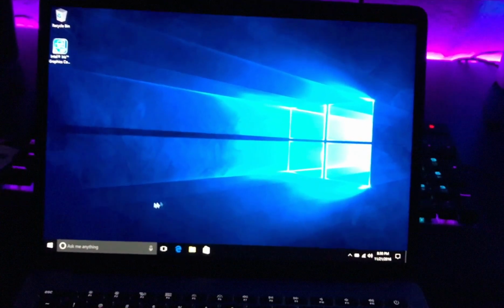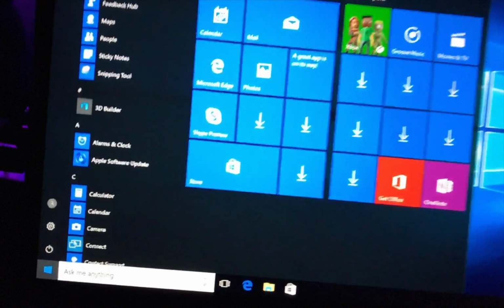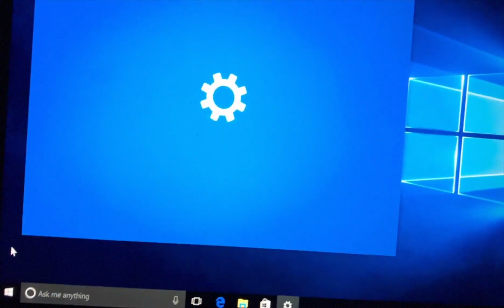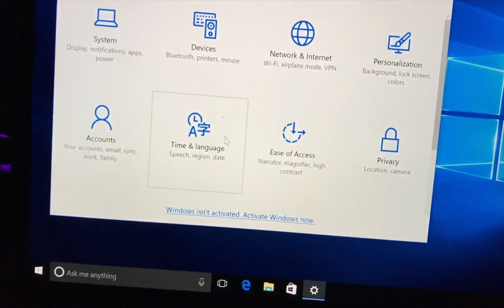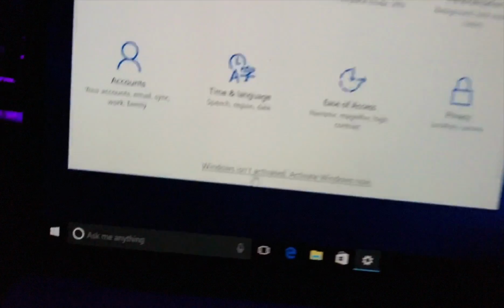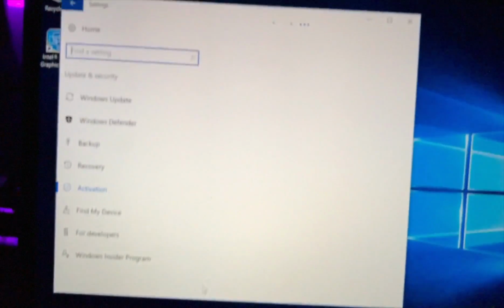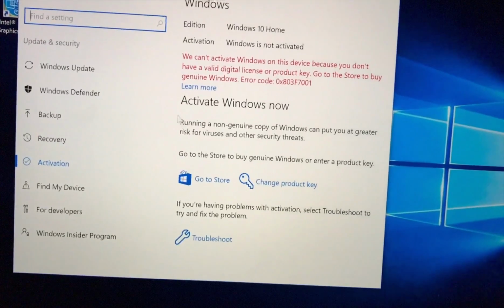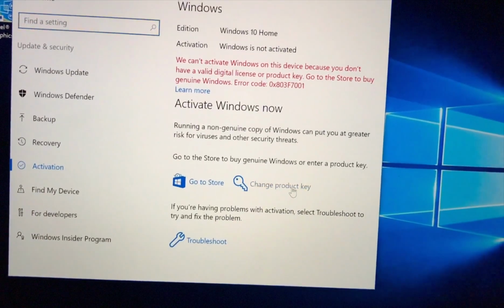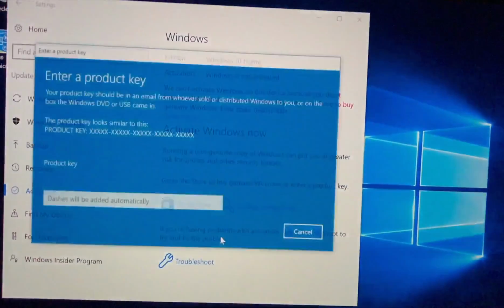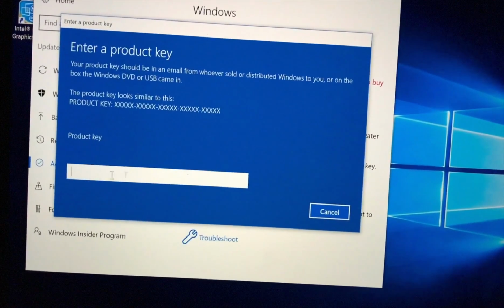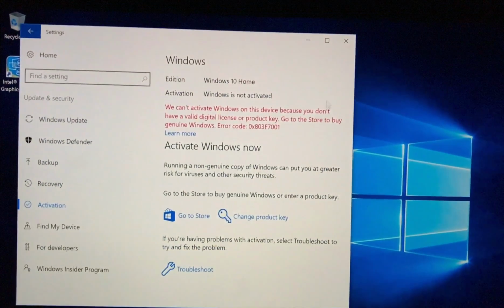So you have Windows. Once you have your product code, very important, to activate it, you'll go to settings, and then it'll show right here Windows isn't activated. Activate Windows now, and change product key, press yes, and it's gonna ask you to put the product key. Okay,